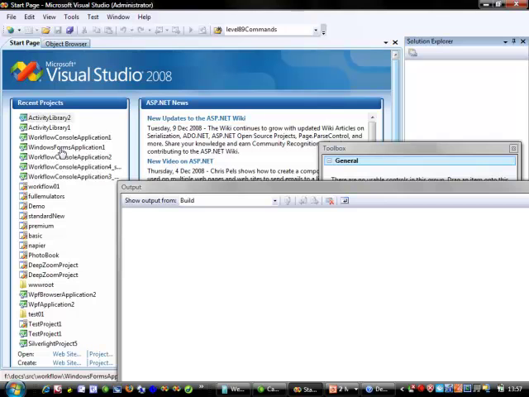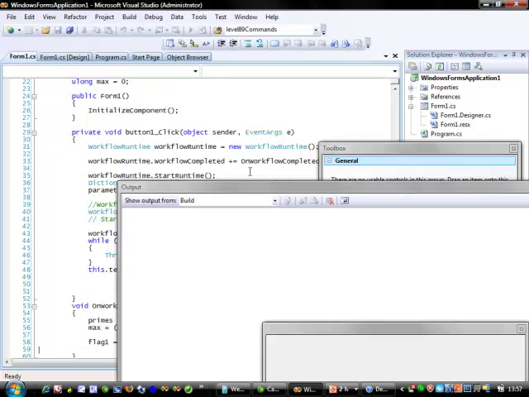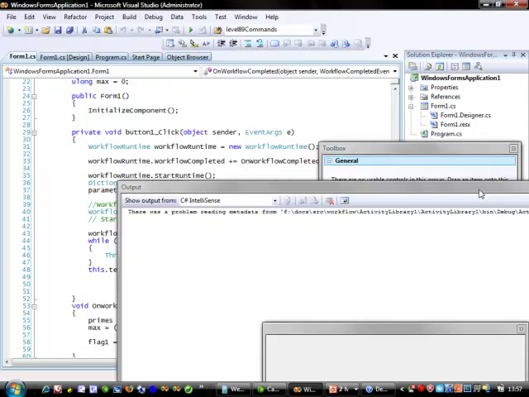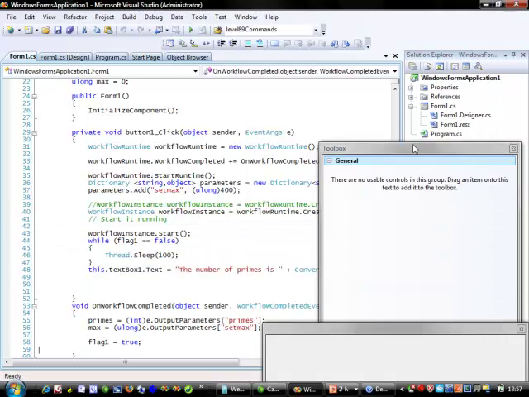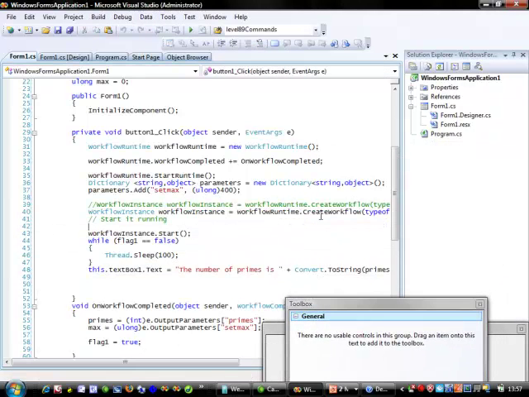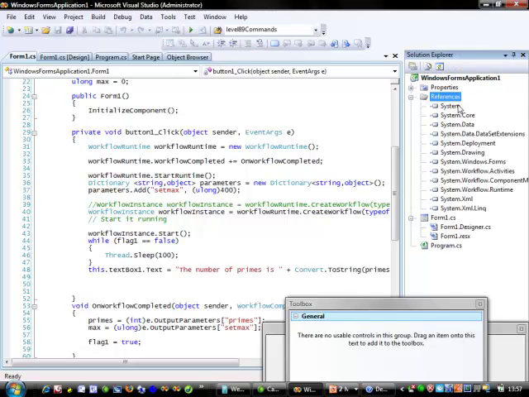So now what we do is create a new Windows form, and we have one already created. We just move the output here. And one of the first things we should do is add it as a reference. So we just delete a previous reference. So we add reference,